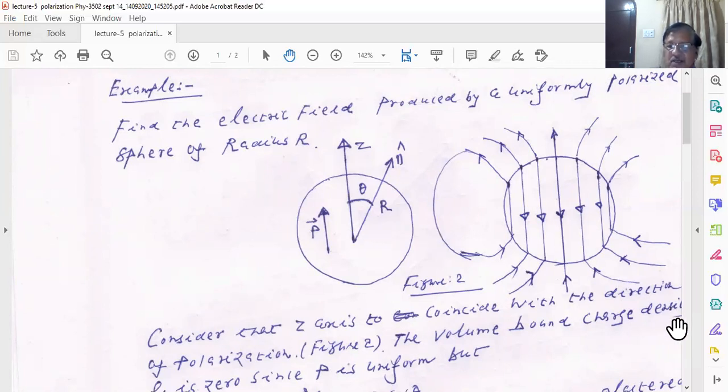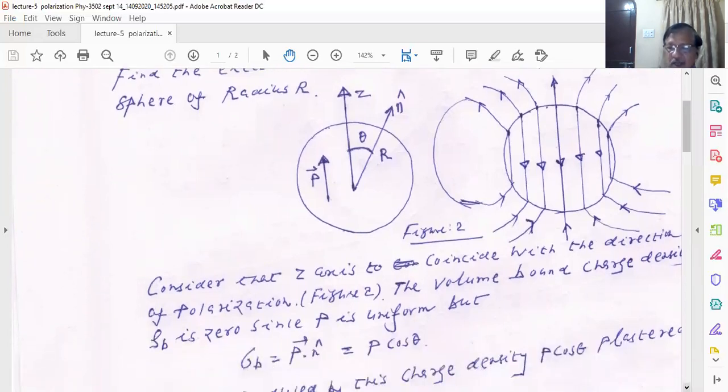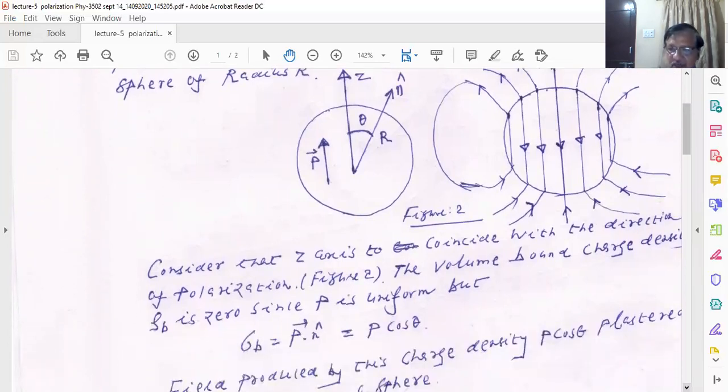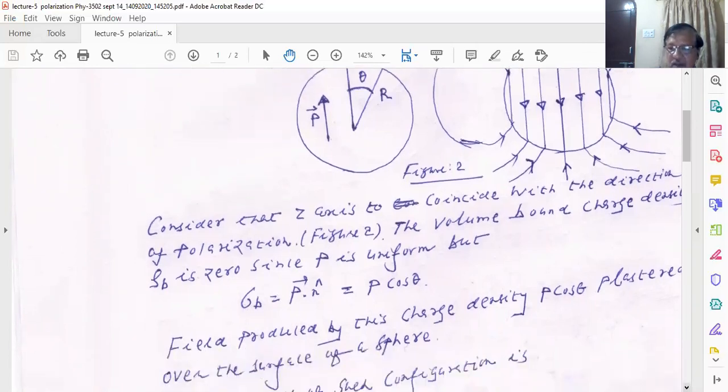So the result of the potential which is calculated inside the sphere as well as outside the sphere will be given in the examinations also. So there is no need to remember the electric field and electric potential inside as well as outside the sphere. But